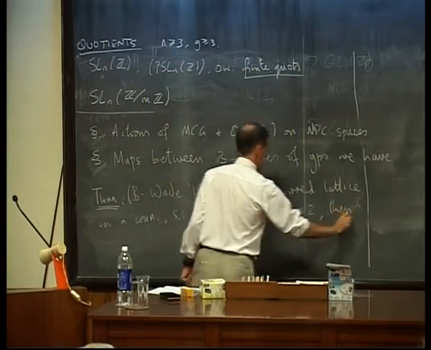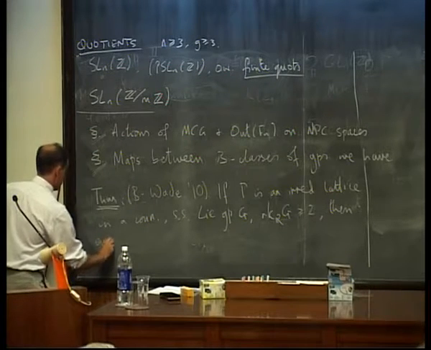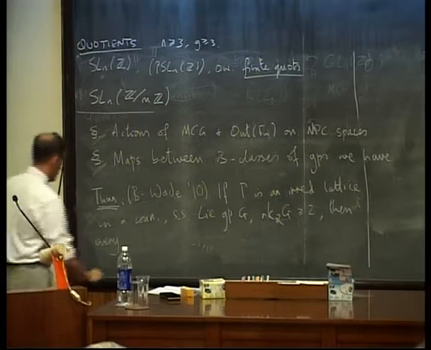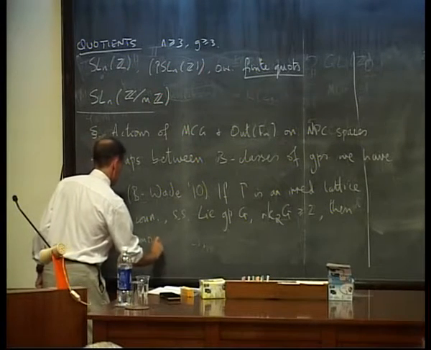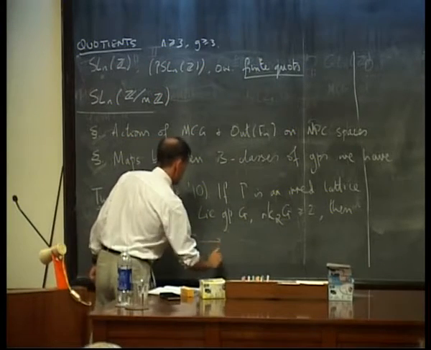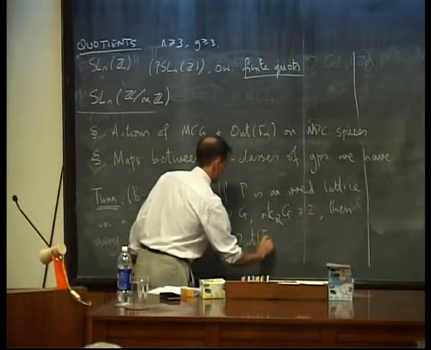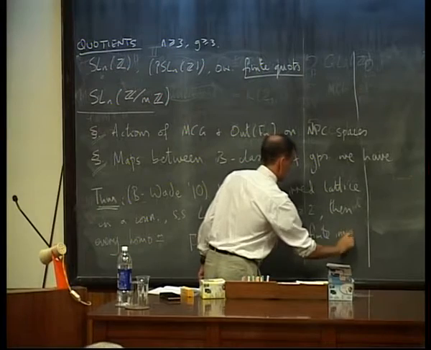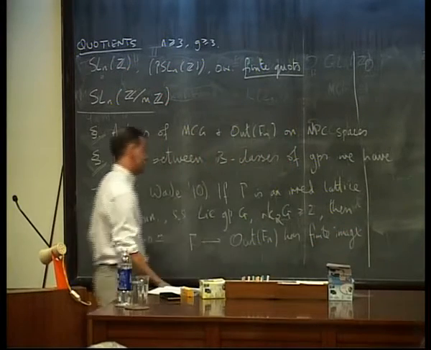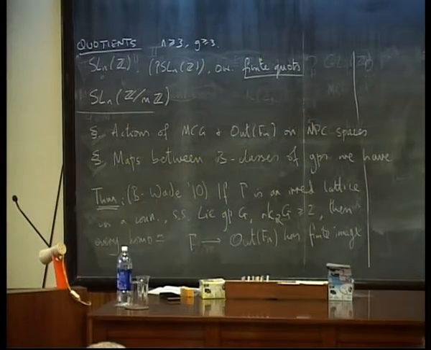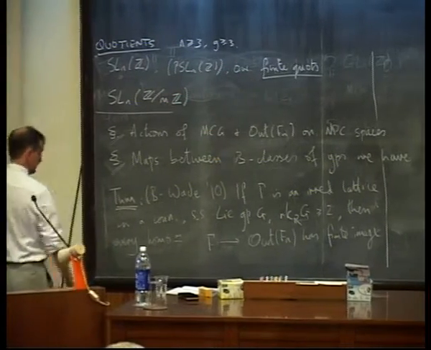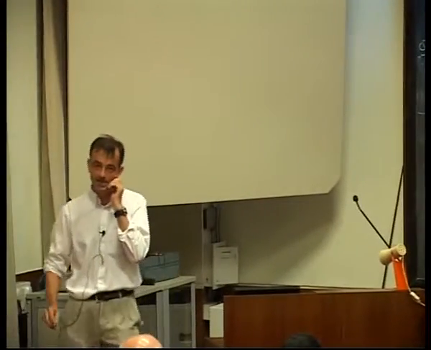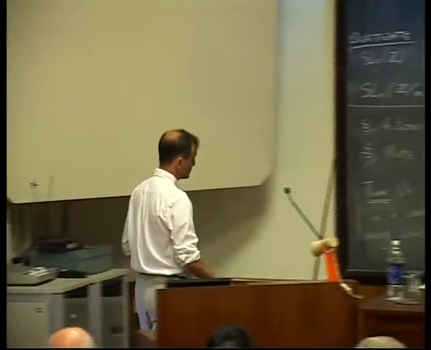then every homomorphism, so it's a superrigidity result, you want to say that these lattices can't act in an interesting way on free groups. So every homomorphism from gamma to the outer automorphism group of a free group has finite image. I want to sketch a proof of that because it uses several deep theorems by other people, and I want to explain how they all fit in. Everyone got that? So that's the main thing I want to talk about. Higher rank lattices can't act in an effective way on free groups.